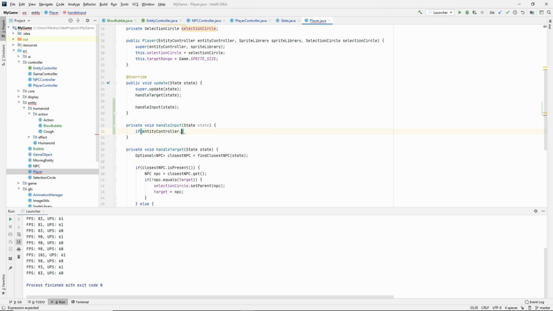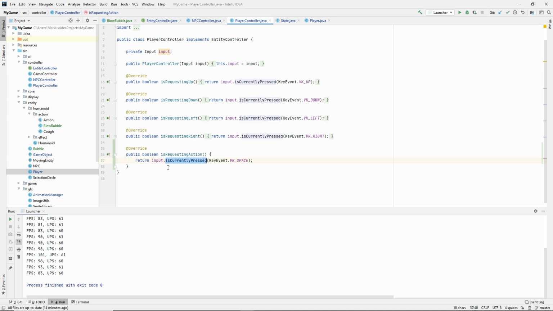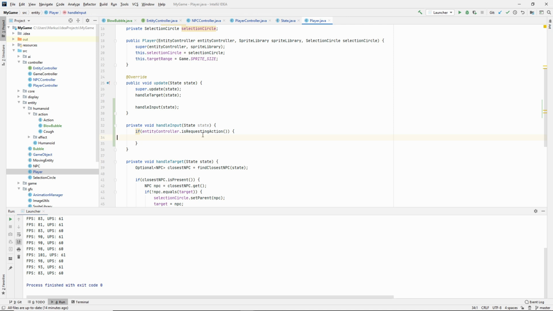If entity controller is requesting action, so we've pressed space. Actually, that just reminded me the player controller is currently pressed, so it doesn't spam this action. All right. If we are requesting action, and if target isn't null, we have a target,